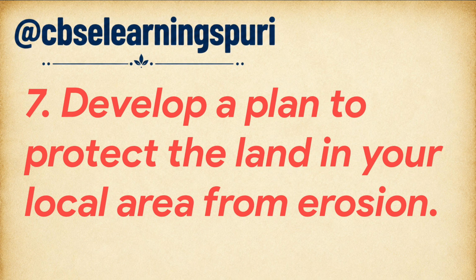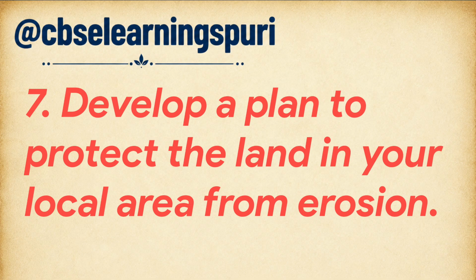Bunding. Build small earth walls along the hills. These act like speed bumps for water, slowing it down so it doesn't carry soil away. Slow down running water. Check dams. Build small dams across streams. These reduce the speed of the water, which prevents it from cutting deep into the ground and causing erosion. Johad system. This is an integrated way of using earthen walls on hills to manage water and keep the soil